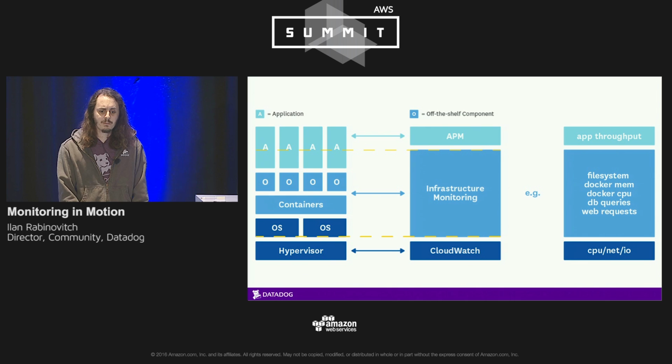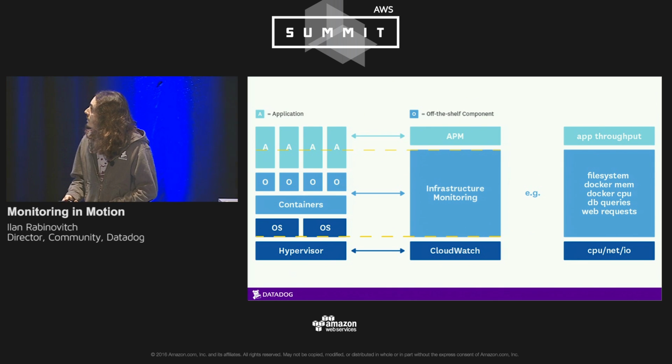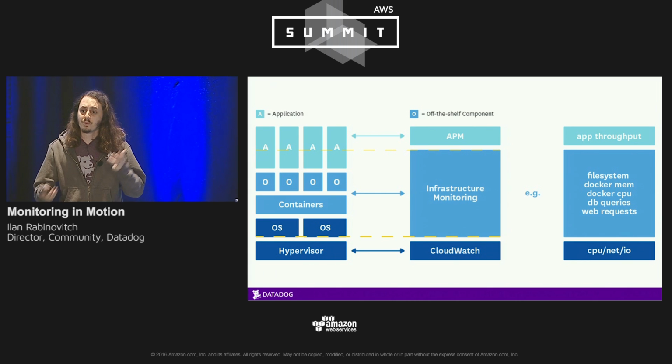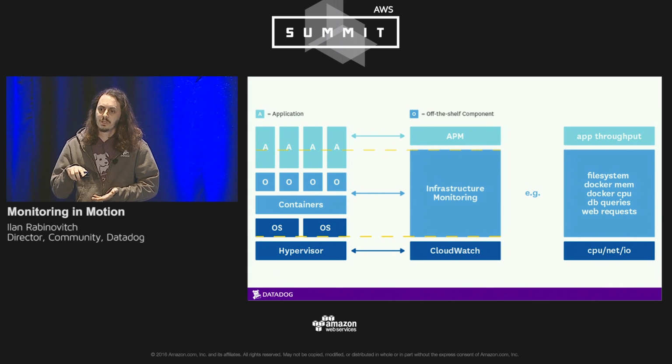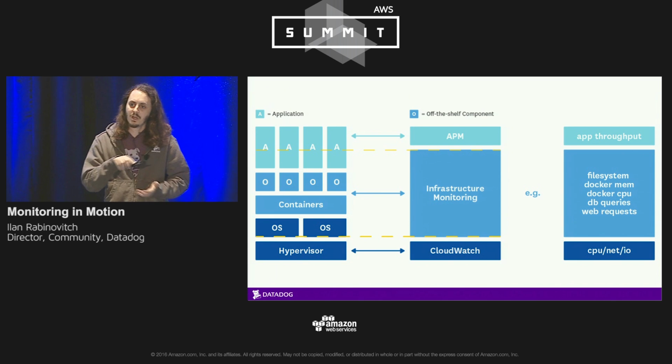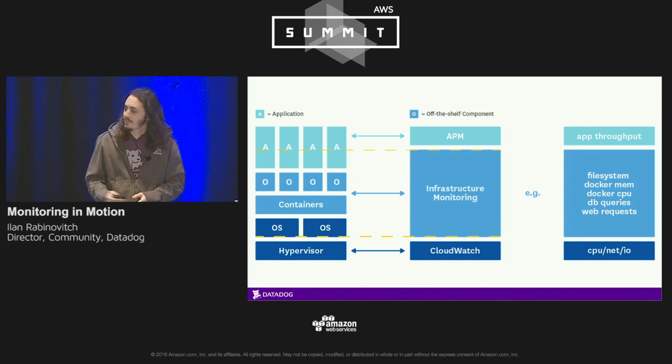It's important to start thinking about our applications and our infrastructure as layers, and looking at different tools to monitor each of those layers. There's a little bit of overlap between each of these layers, but if you look at it from this perspective, you can find the right tools to look at it from each point, and then you can use something like Datadog to aggregate all that data together. So maybe at the bottom